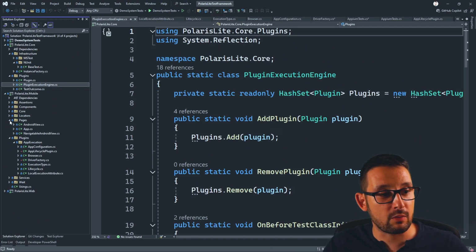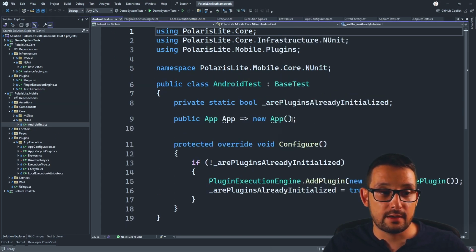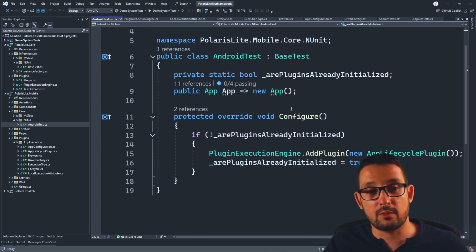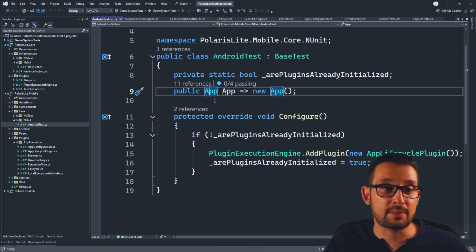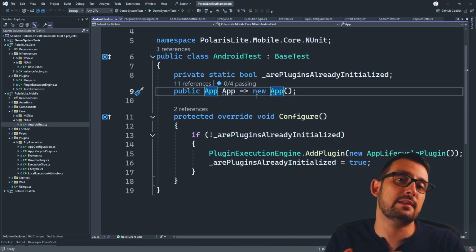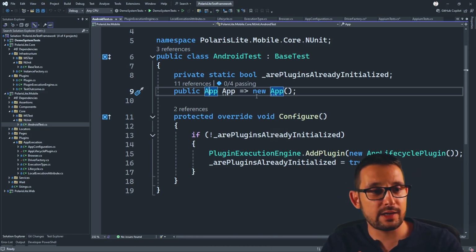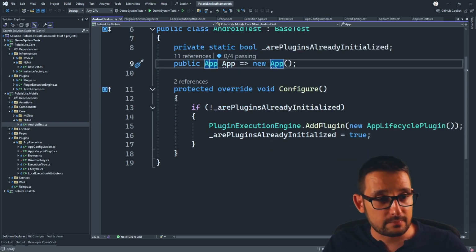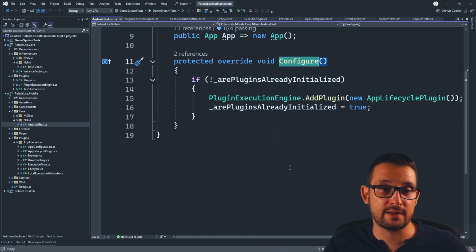Like with our web tests, we have this Android test that is basically the base class for all Android tests. We have a property to the app class that later exposes all properties to the different driver adapters, and we have methods for creating page objects. That's it. But the whole thing is that we have this configure method that we are overriding,